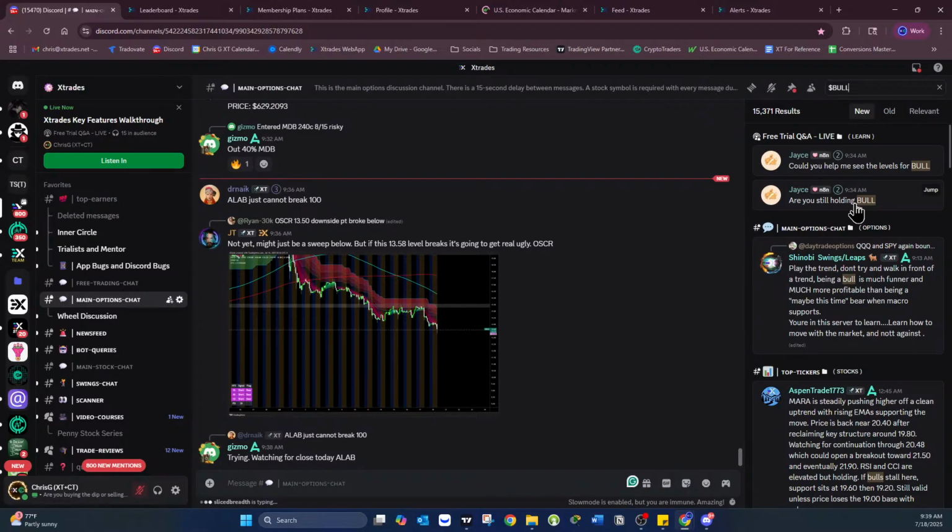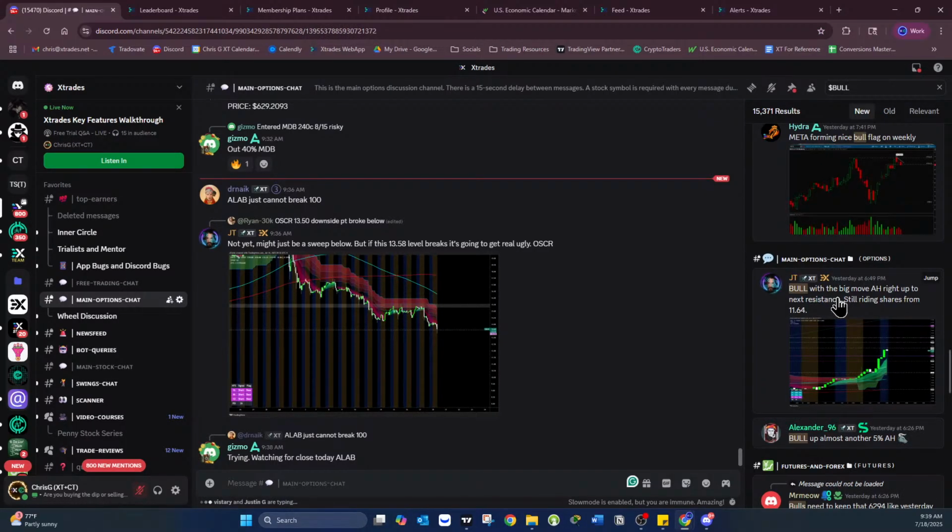All right, here we go. Bull with the big move after hours right up to next resistance. This was last night. So this is JTW's levels. Looks like he's got 1525, 1568, and 1605 as the next targets. And 1465 needs to hold. That's from what I'm seeing right here just out the gate, which is awesome. I like to look at other people's levels also to coincide with mine, or maybe, hey, when you have 2 or 3 top traders that are kind of looking at the same thing, it's usually a good sign.